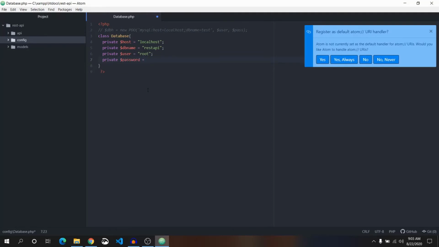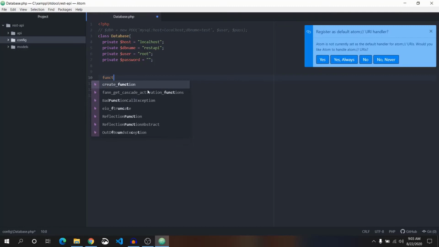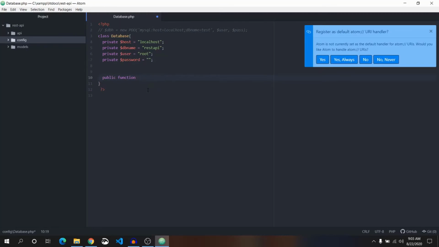Password is equal to, by default it will be blank. Let's create a function. This will be a public function, so we can access it outside of this class. Connect.